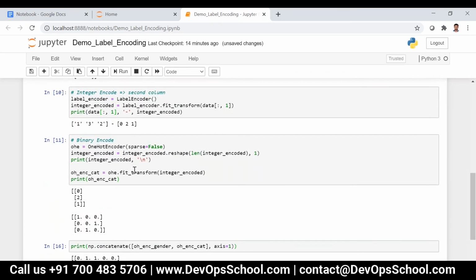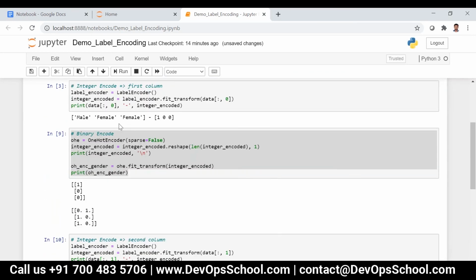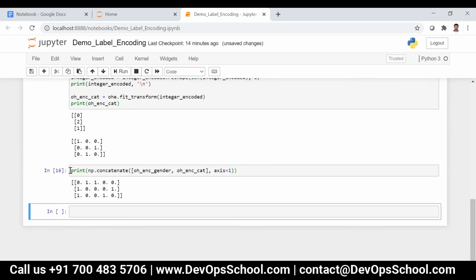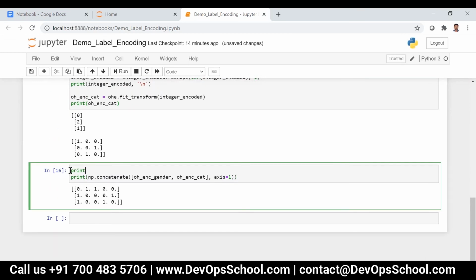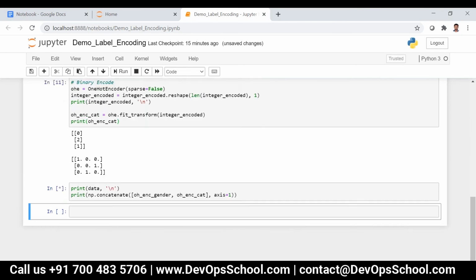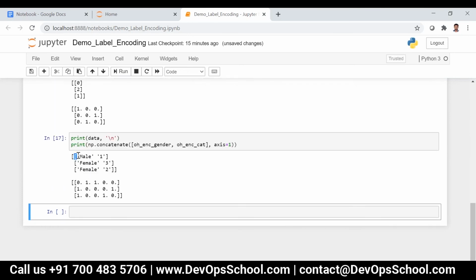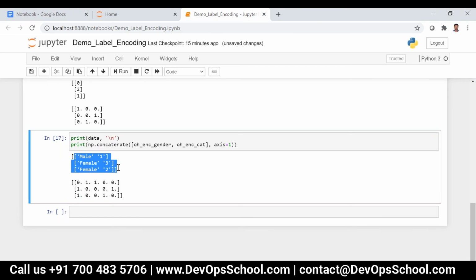Now what we have done here, this particular array, that is print of data, this particular array has been transformed to this particular label. Guys, clear now?